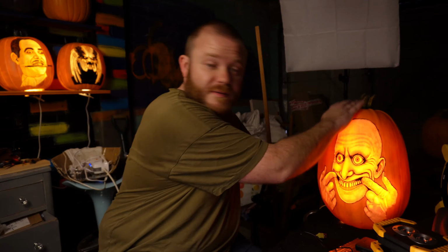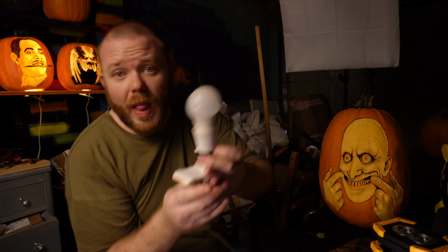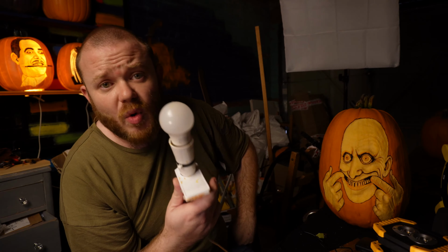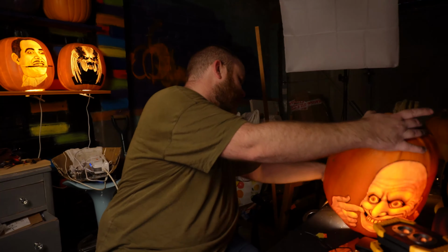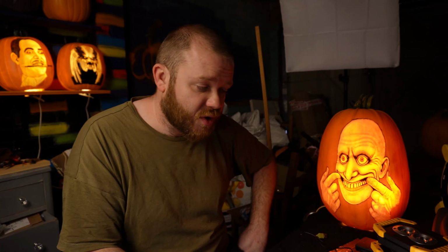If you've seen any of my other videos, you'll see the ones that I carve with, which are these little clip-on lights which have an LED bulb in them. This is a 5-watt LED bulb because they kick out much less heat, which means the pumpkin's not going to heat up from the inside and end up rotting. They're not really suitable for prolonged use,